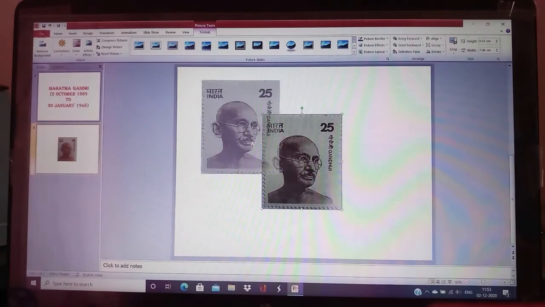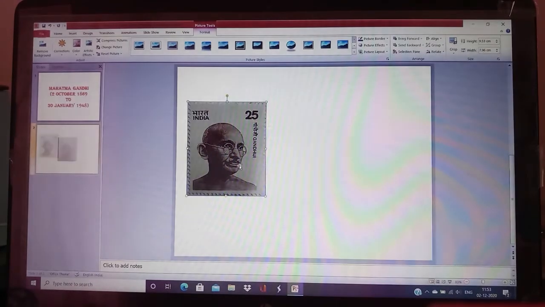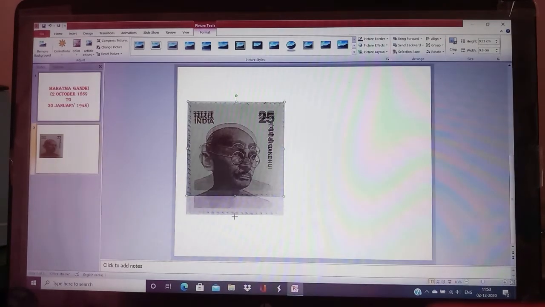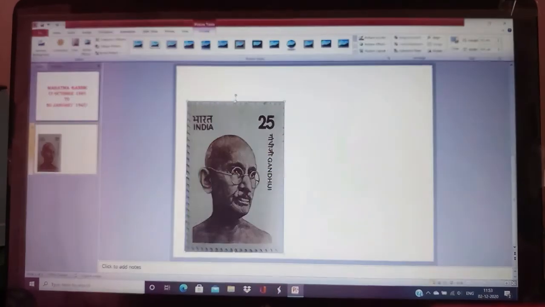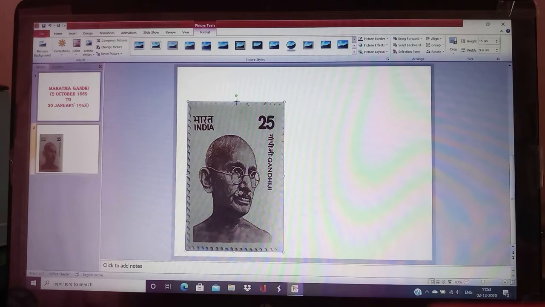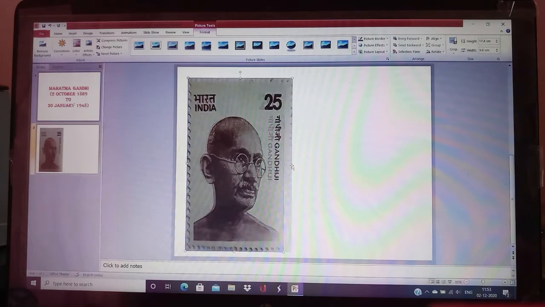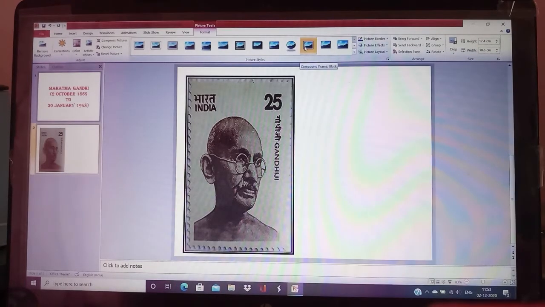You can place the picture at the left side. You can increase the size of it by using the handles. You can apply a border on it and you can write text about the picture.